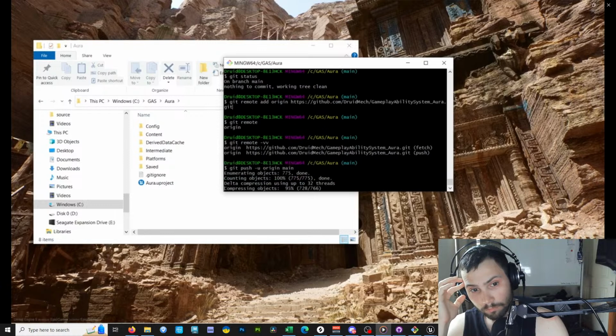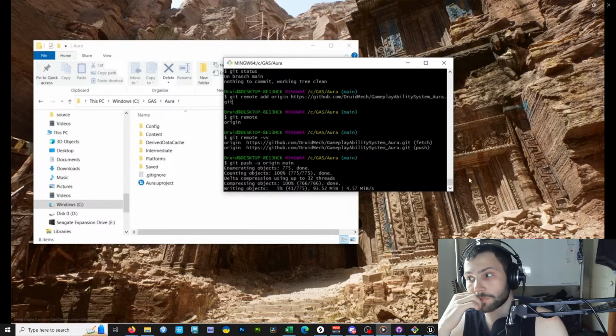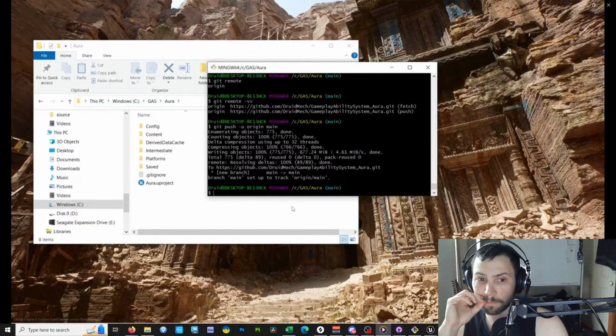And this is quite a big push. I have data packs with GitHub. By default, you can't really push that much data on the free plan. I do have data packs that allow me to push more data than the default. So I'm going to give this some time to push to my remote repository. I think I've done that already. Okay, so now that I'm finished pushing to my online repository,